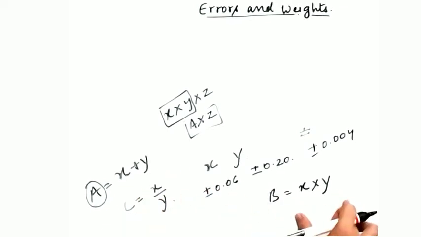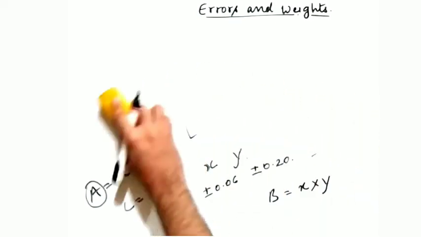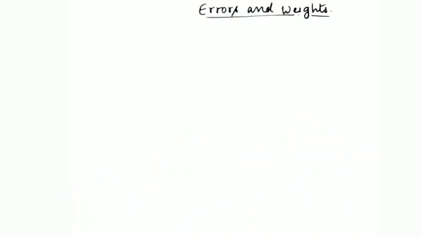When the basics come in, then you can easily go for higher standard levels. So let us start with this. This is called propagation of errors. Now see, suppose